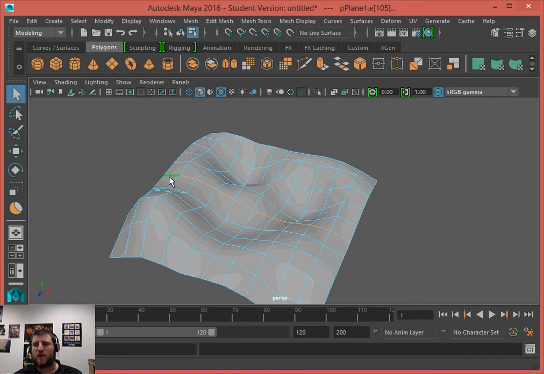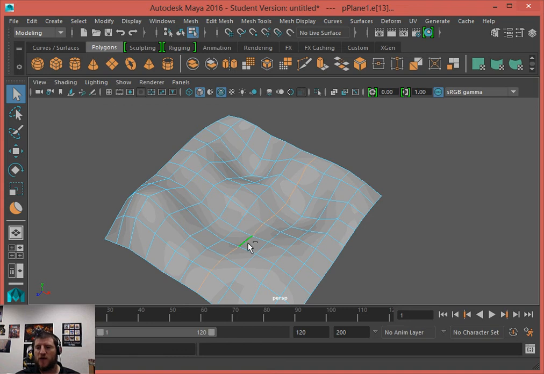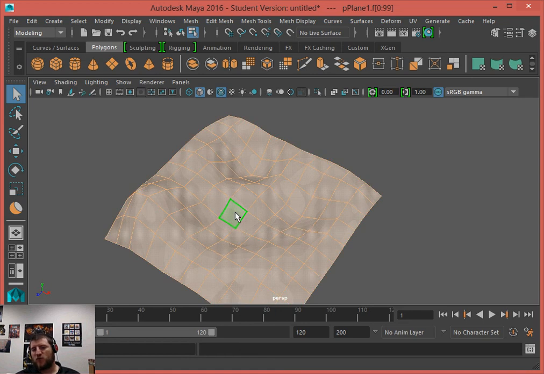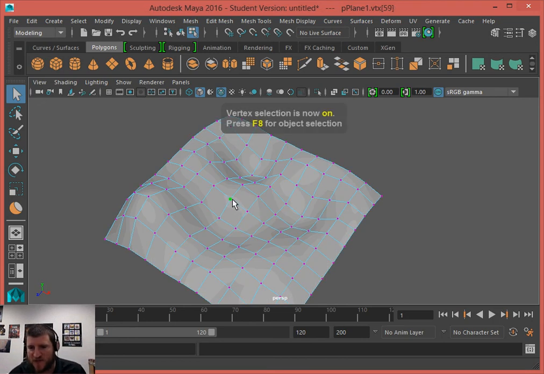Some of you may have figured this out already, and I think I may have mentioned it really briefly in another video, but I did want to demonstrate it again to make sure that you know how it works. And you can come through and hold down shift and just select as many edge loops as you like. The loop tool doesn't work quite that way with the face. If you just double click on one face, what you're going to end up doing is selecting your entire object, which isn't necessarily helpful. And that same thing works. It doesn't work for the vertexes either.